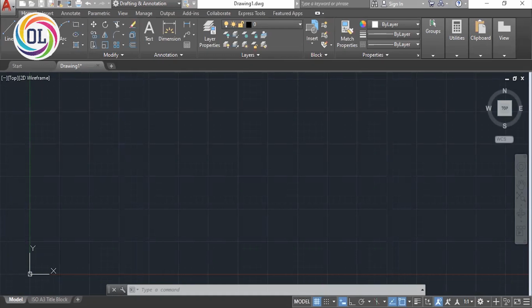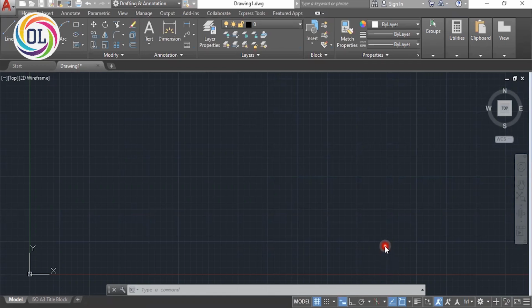So this is our ribbon bar. Above the ribbon bar is our quick access bar. This is our workspace area. The right-hand side top corner is the view cube and navigation bar. The bottom right side is the status bar. AutoCAD runs in different types of modes. So how do we know which mode is on and which mode is off? We use the status bar for our mode status.